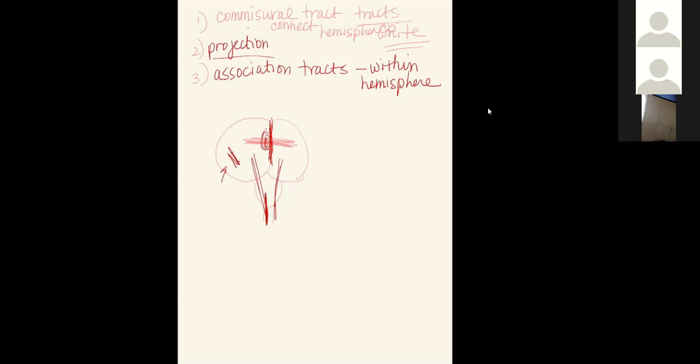And then, can you explain the difference between the primary cortexes and their association areas? Yeah, so